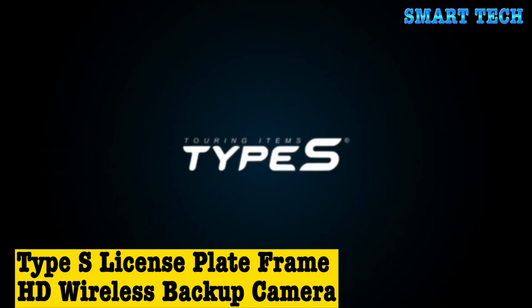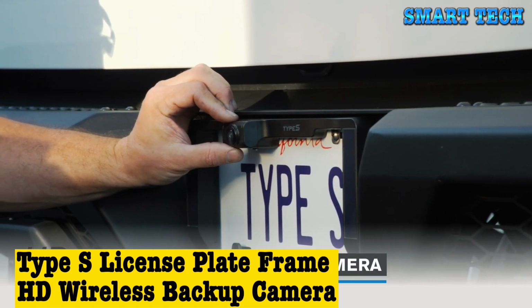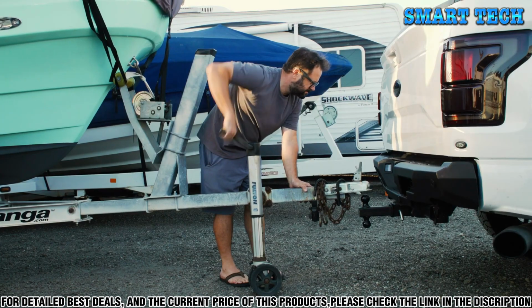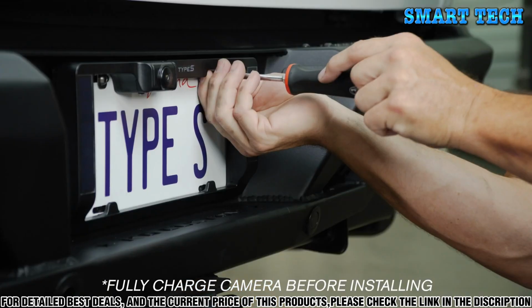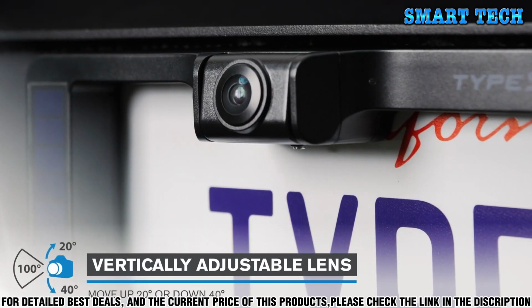Number 2. Are you looking for a high-definition wireless backup camera to ensure safe driving? Look no further than the Type S license plate frame HD wireless backup camera. This camera is designed to provide a clear view of the area behind your vehicle, making it easier to reverse and park safely. It easily attaches to your license plate frame, and its HD resolution ensures that you can see